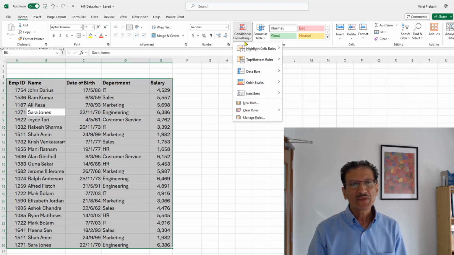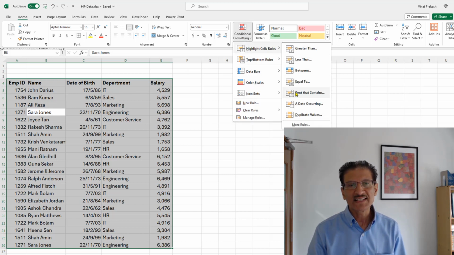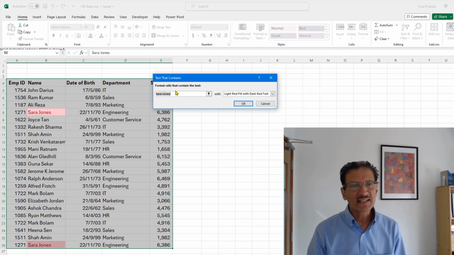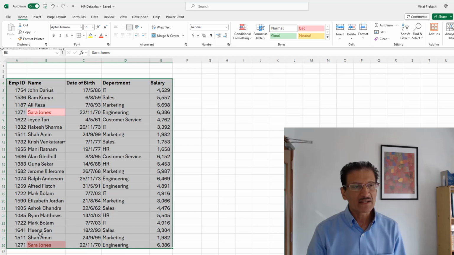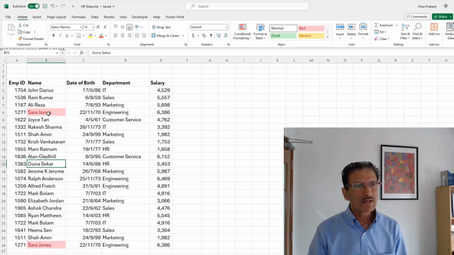For this we can go to highlight cell rules, and here there is text that contains. So when we say text that contains Sarah Jones, fill it with red color, click OK, and then you notice the two Sarah Jones are highlighted. But if later on I want to check if Ram Kumar is a duplicate or not, I will have to go